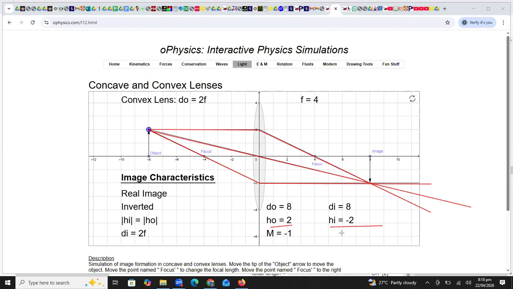Acha, can anybody tell me the application of such a setup where the object height and the image height are the same? So where can we use this type of setup? What is the use of this type of setup, students? Come on, beta, where can we use such a setup? Photo? Which photo, Hafsa? Photocopy machine.